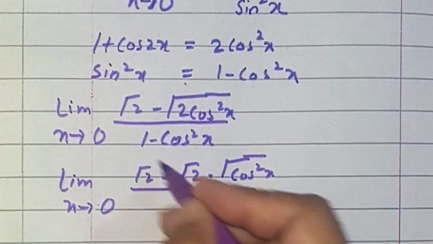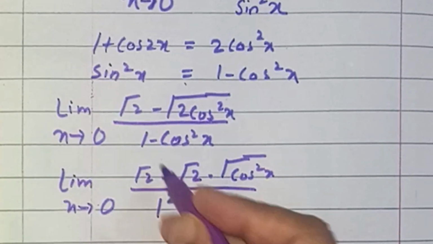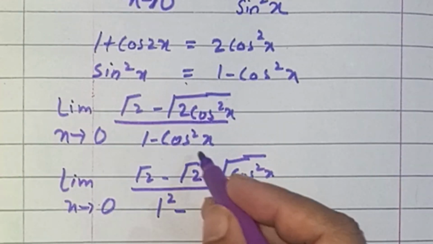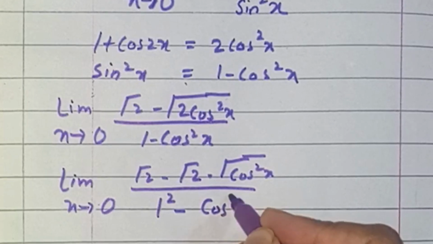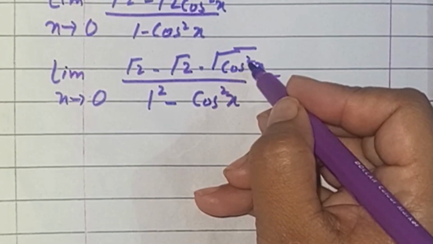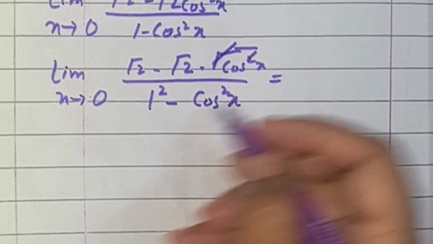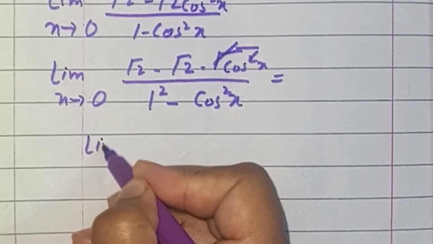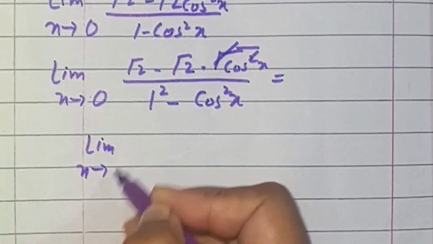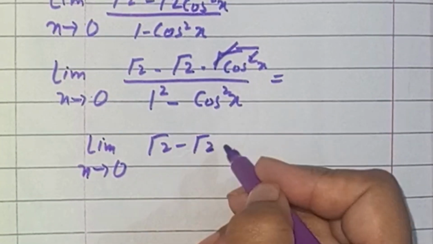Over, we write this denominator as 1 squared, which is also equal to 1, minus cos squared x. So we copy this second term. Now look at this cos squared x, the square and square root will cancel. So we just get the limit as x approaches 0 of square root 2 minus square root 2 cos x